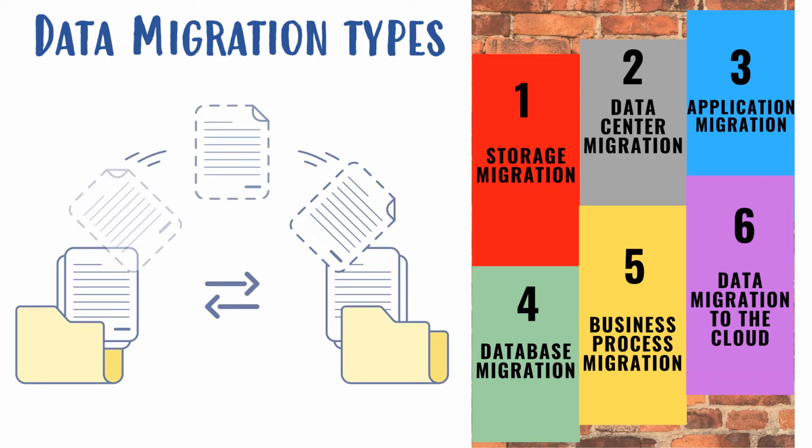Examples of such migration drivers are mergers and acquisitions, business optimization, and reorganization to enter new markets or respond to competitive threat. Sixth and popular nowadays is the data migration to the cloud. Many organizations are choosing to move workloads to the cloud for a cost-effective and best-performing IT environment. In online migration, data moves across the internet or a private or dedicated connection. Whereas in offline migration, data is transferred via a storage appliance that's physically shipped between data center and the target cloud storage.